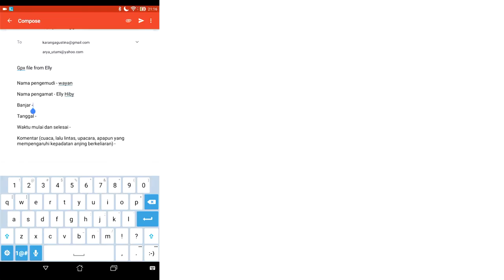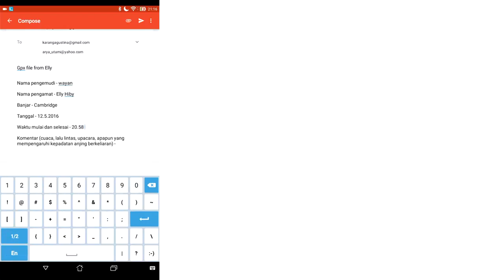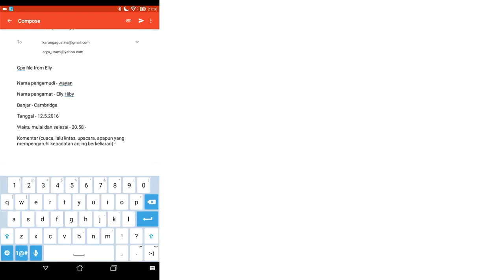You need to put the name of the banjar you were in when you completed your street survey. Let's put Cambridge, that's where I was when I completed this test one. The date, that was the 12th of the 5th, 2016 when I completed this test GPX file. And then you need the start and end time. So I started this one at 20:58, and the end time is only shortly after because this was just a test, and that was